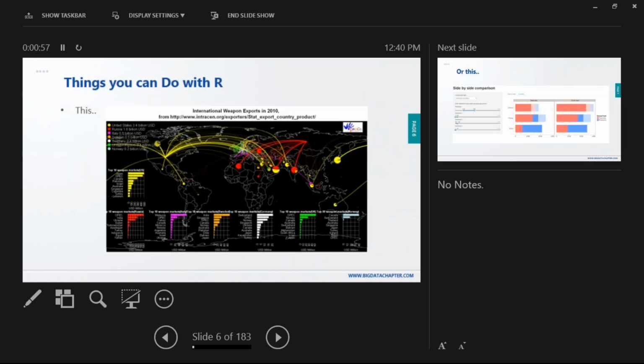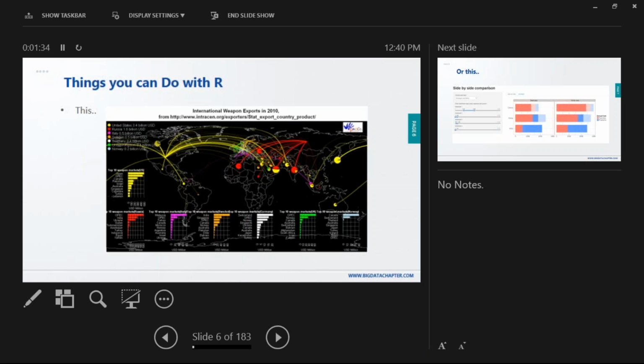You can create visualizations like this. This thing is done entirely using R. This picture shows who is the weapons exporter and who are the importers, from where the weapons are flowing. Actually, the data is quite simple. It will be in CSV format, 200 rows, 4 columns. When we see the data, it will look mad. But look at how creative the visualization is. This thing we can do with like 40 lines of code. That is the power of functional programming languages instead of procedural ones.